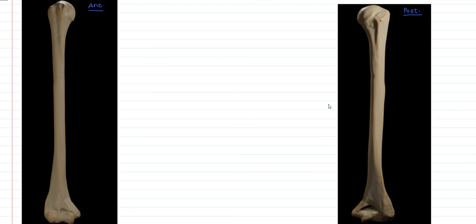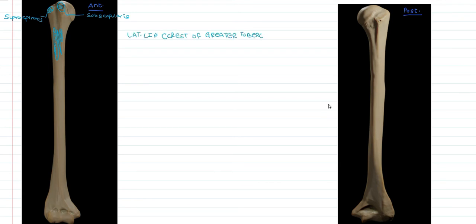We have the subscapularis muscle which inserts on the lesser tubercle. On the greater tubercle, we can see the insertion of the supraspinatus muscle. For the crest of the greater tubercle, we have the insertion of pectoralis major muscle, whereas on the crest of the lesser tubercle is the insertion of the teres major muscle, and in between them lies the insertion for the latissimus dorsi muscle.